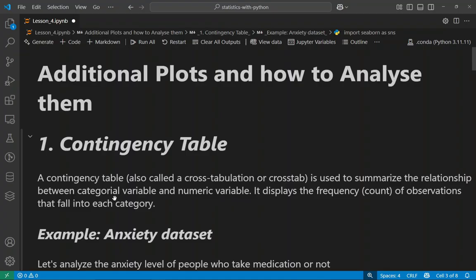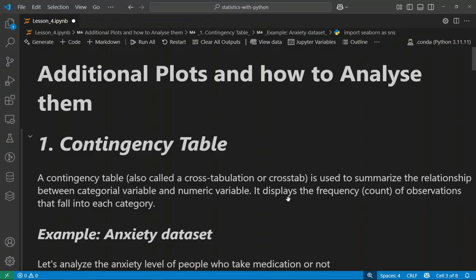There can be both categorical variables as well, but most of the time we do a comparison between a categorical variable and a numeric variable. You can also convert the categorical variable into a numeric variable, but at least one of them should be categorical. So it displays the frequency count of observations.